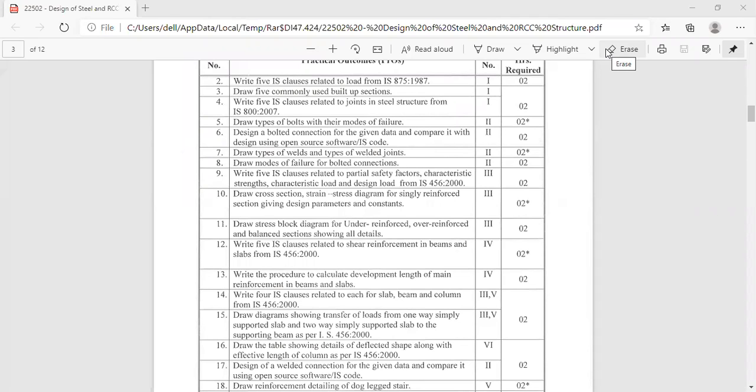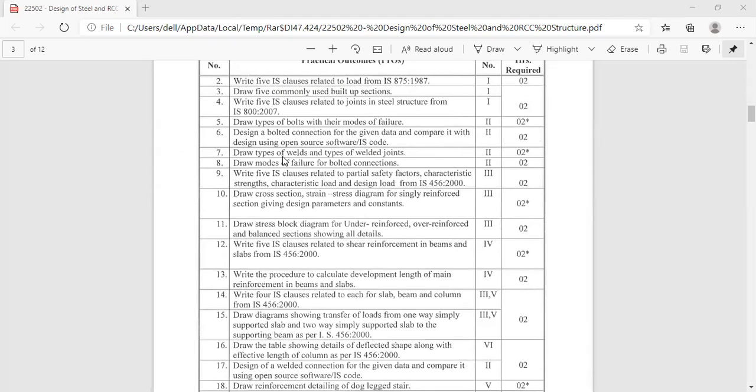So in this practical, we have to draw the types of bolts and their modes of failure in a sketchbook, and a few questions which are given in a manual. Then we have to write down in a manual the answers of the questions which are asked in a manual. So it is about practical number 5. Then practical number 7, it is also the same, that is a compulsory practical.